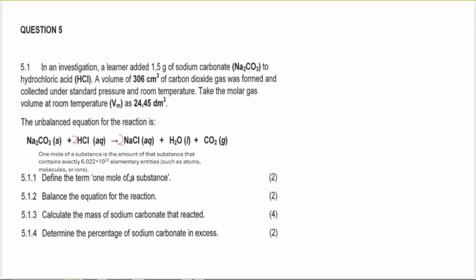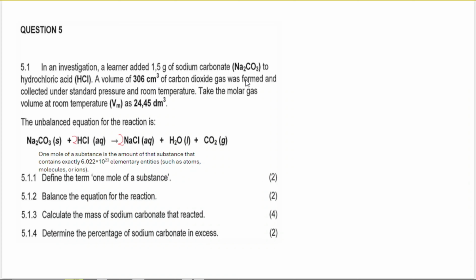You can do it also in your head, whatever floats your boat. In 5.1.3 it says calculate the mass of sodium carbonate that reacted. Okay, so sodium carbonate, use sodium carbonate. We need to calculate the mass that actually reacted. So let's go look at our values again. So they give us 1.5 grams of sodium carbonate,